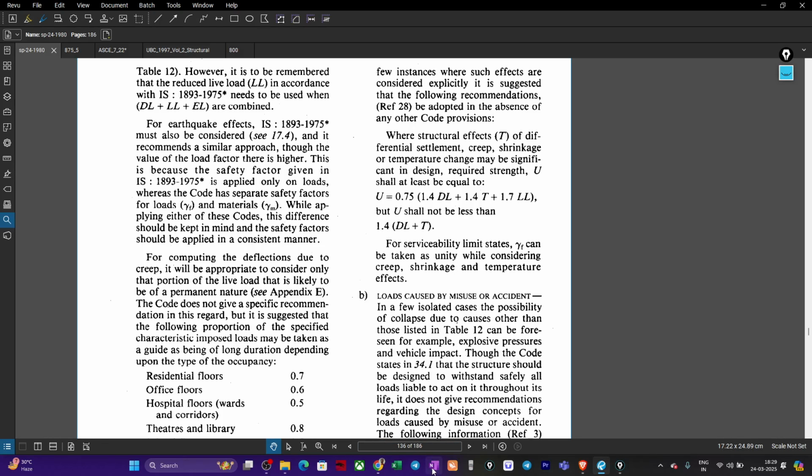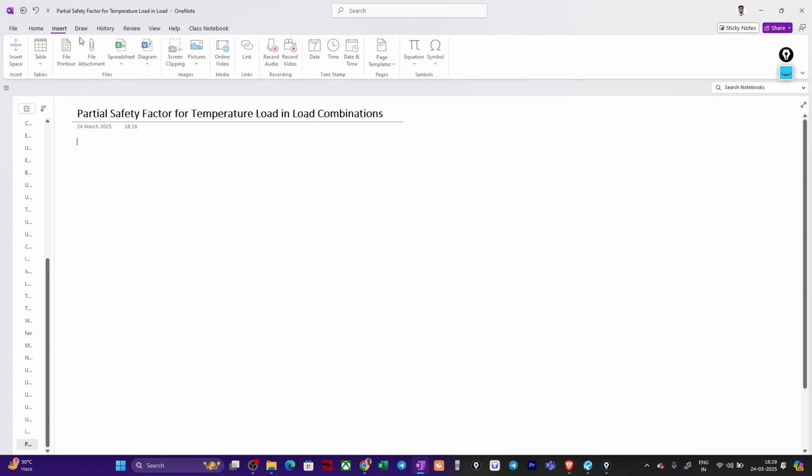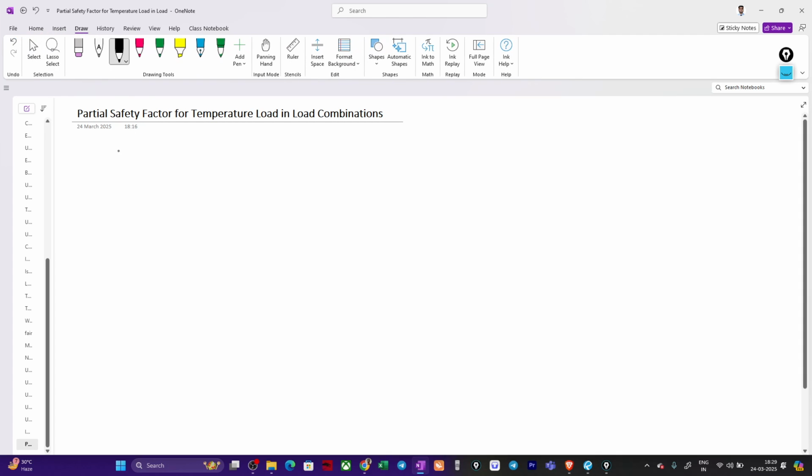So the first one I will just write here, from SP, because we can compare them, right? From SP 24 1983 what we are getting is the combination 0.75, okay, 1.4 times dead load plus 1.4 times temperature load plus 1.7 times live load. Okay, so ultimately what we are getting from here,